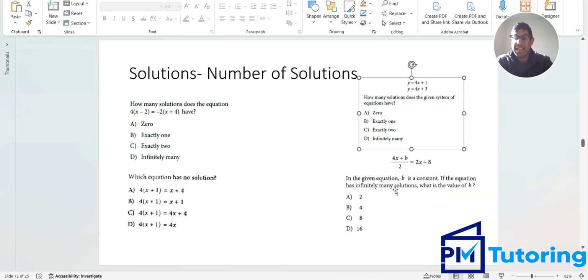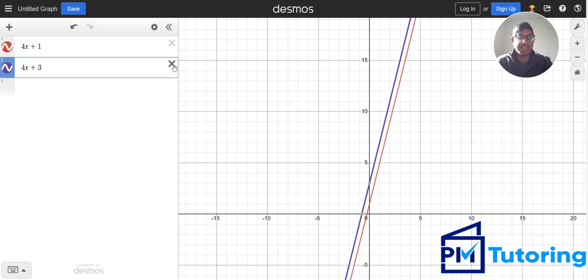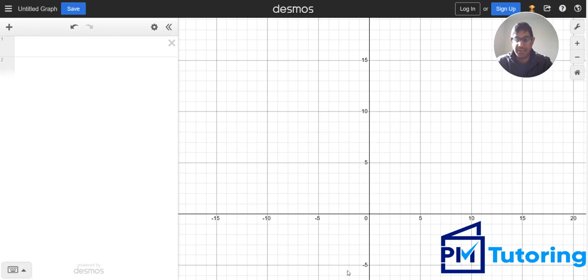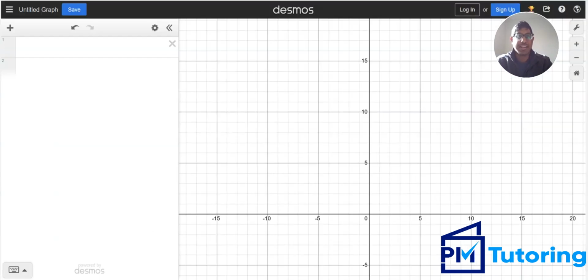0. And then we could also play around with different values, different constants that could make things have a certain number of solutions. And this is commonly tested in quadratics these days as well, right? Which value of a will make the quadratic function have no solution. More on that when we get to the quadratics lesson, but keeping it simple and linear, the given equation b is a constant if it has infinitely many solutions, which means it's going to be the same exact function. So we could just type in our function over here, 4x plus b,